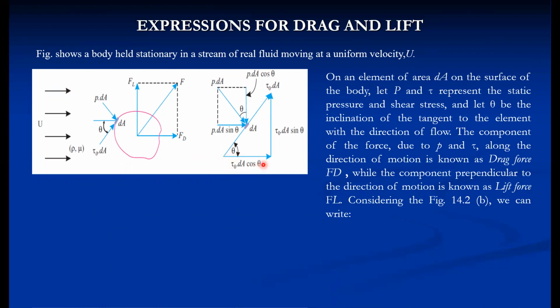Tau dA cos theta and tau dA sin theta. It makes angle theta with the direction of motion. So the horizontal components, as per the definition of drag force, the components along the direction of flow are called the drag forces. So these two are the drag forces, and the components perpendicular to the direction of flow, these two are